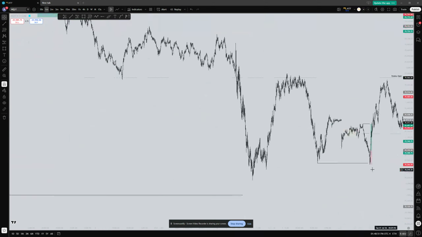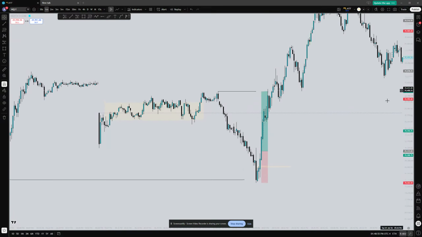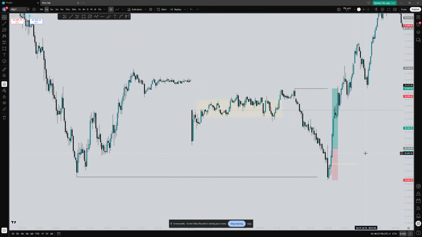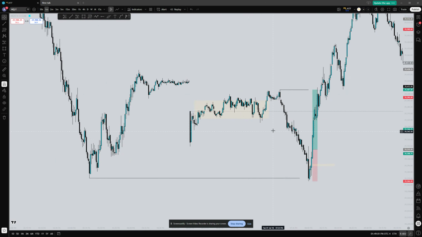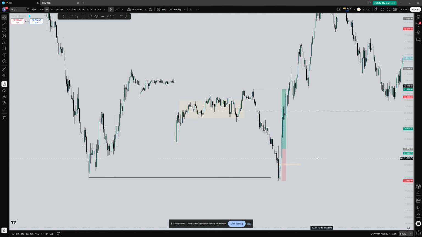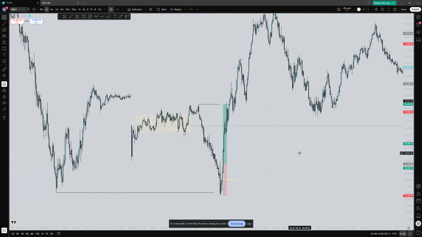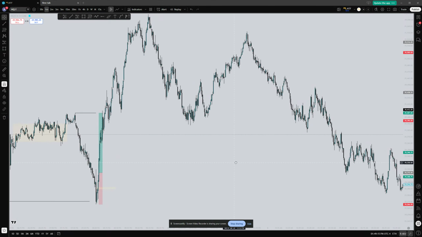So going back to that same trade, knowing that we're consolidating and right now we're in the deep discount of the consolidation, ideally you want to wait for longs. So yeah, that was pretty much it. So daily open, power of 3, deep discount of the daily range, good displacement, inverse. It was a pretty clean trade. So now moving on to